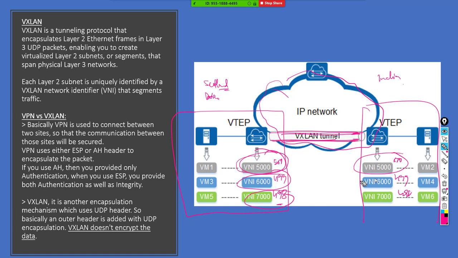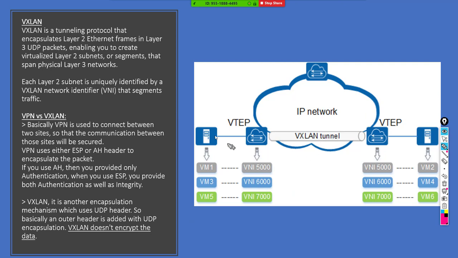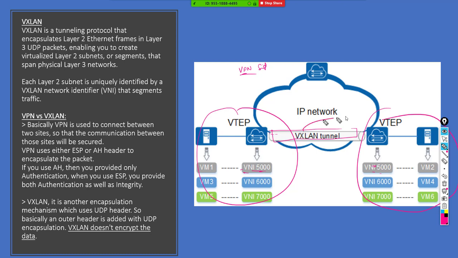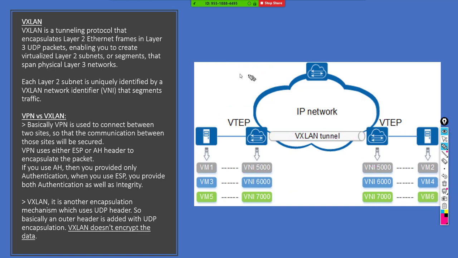So what is the use of VXLAN? Basically, the user from this VLAN can communicate with the user of this one over the tunnel. Now you might be thinking, do we need a VPN for this, a site to site VPN? The VXLAN tunnel is capable of extending the VLAN from this data center to this data center, so that they can communicate with each other. So do we need a VPN, or is VXLAN very similar to VPNs? Okay, so let me tell you,